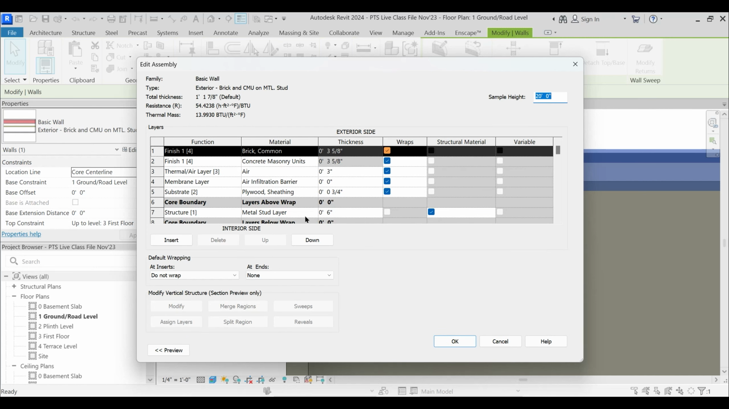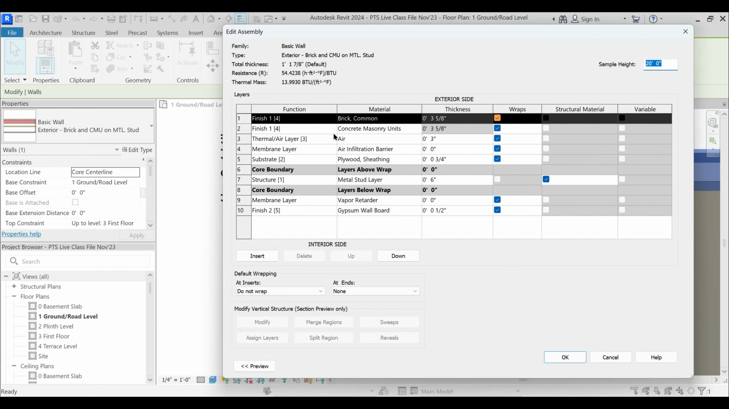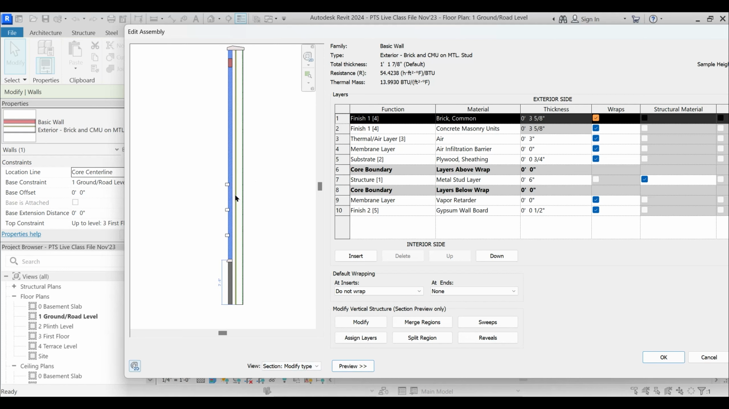then this is the composition or the formation of that particular wall. Okay, and if I expand this preview, then this is how that particular wall has been structured or layered or formed. Okay, so you need to understand all this, what is this exterior, interior, this default wrapping, modify vertical structure. If you want to see this particular wall in section, then this is the wall in section, and it is